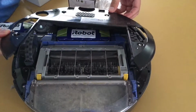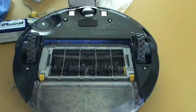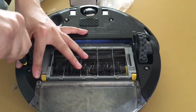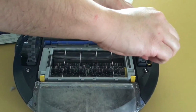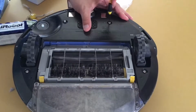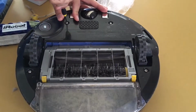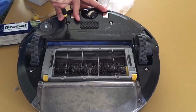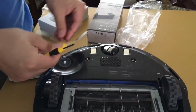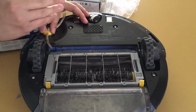Okay, so we're about to put this back on. We're here, click on both sides, and the screws are left inside here. And as you notice, the screws are still inside here,